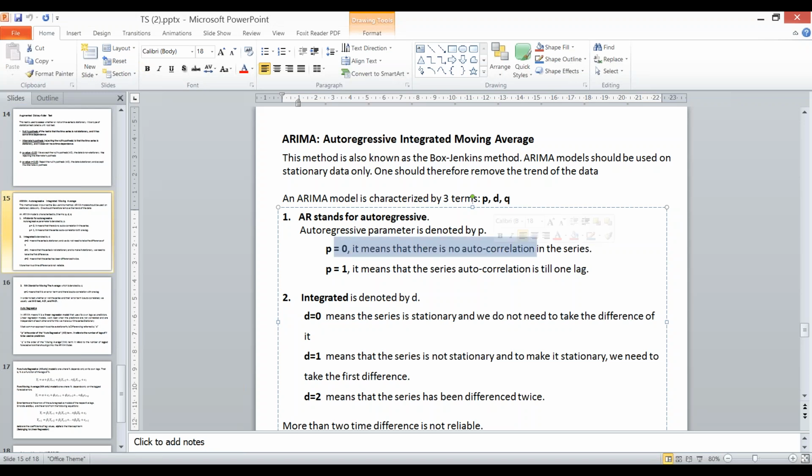And how do we find out the optimal value of P? We plot a graph. I'll tell you about that. For now, what is P, is it clear? Like how P is taken out and what is the significance of P? If P is equal to 20, then what does it mean? Or P is equal to 10, what does it mean? Is the concept of AR and P clear? What is AR and what is P?